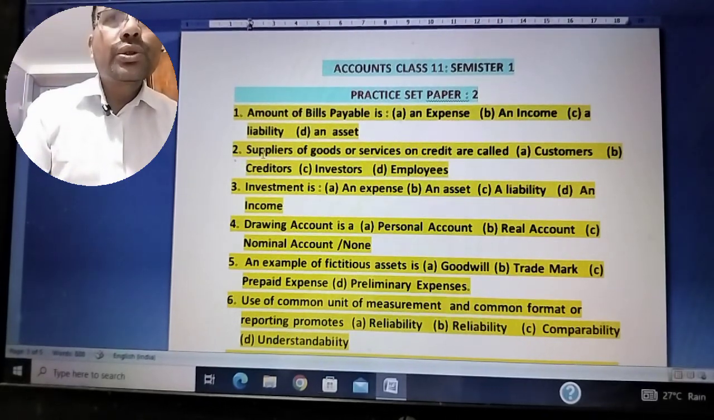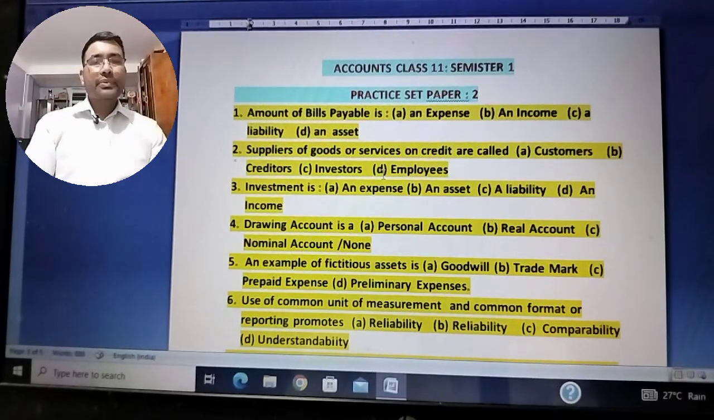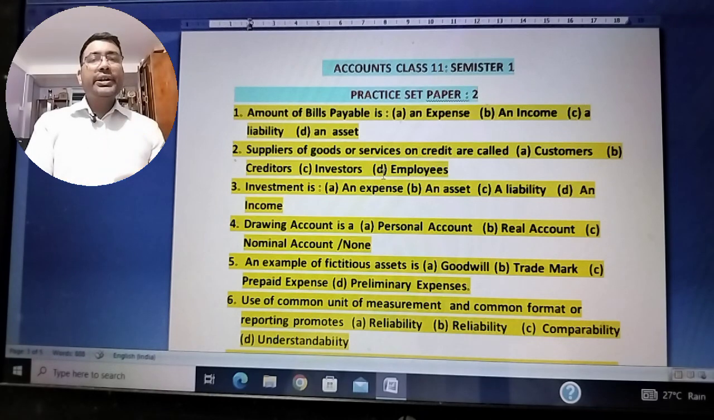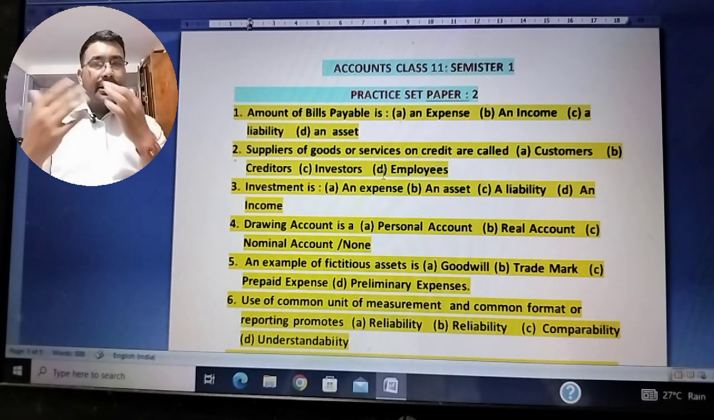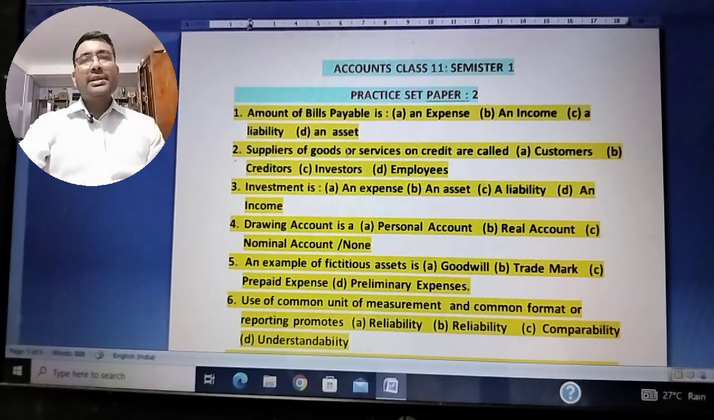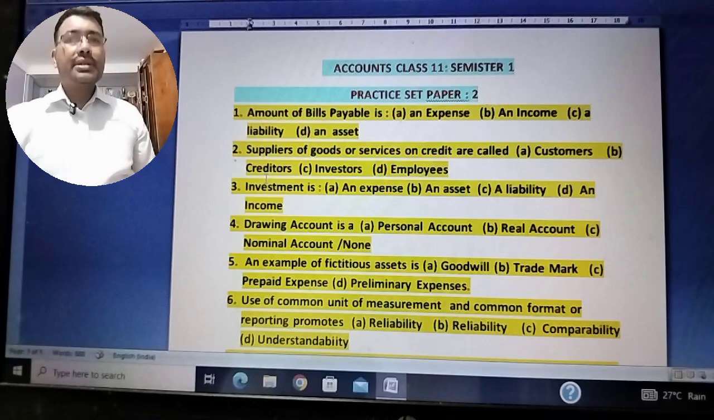Number two, suppliers of goods or services on credit are called a customer, creditors, investors, or employees. See, the persons who sold goods on credit are known as the creditors. So suppliers of goods or services on credit are known as the creditors or the suppliers. So the right answer is